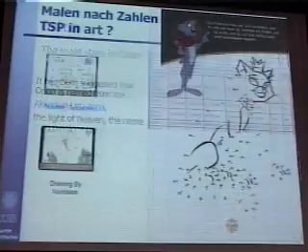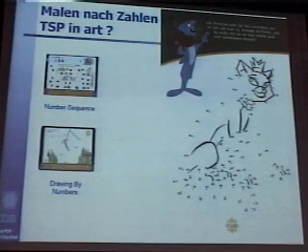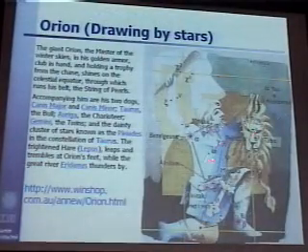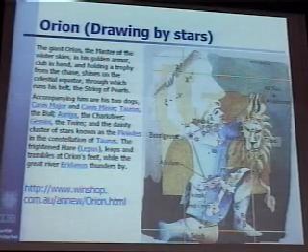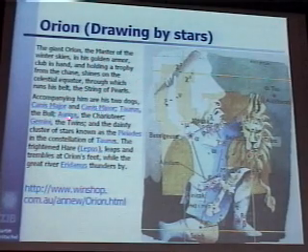And what I would like to remind you is that this is nothing but drawing by numbers. Now it's drawing by stars, right? They are taking the stars, and Orion is mapped onto the stars. And here's one of the pictures that I found on the internet. And you have the story behind Orion, the master of the winter skies, in his golden armor, and so on, and the dogs around him, and the chariot, and the twins, and so on.